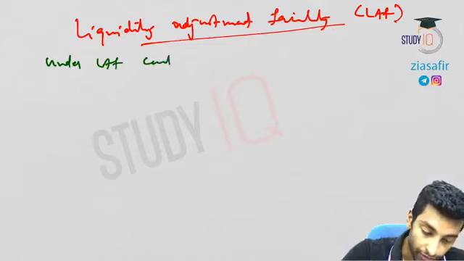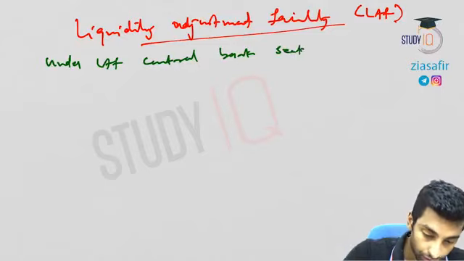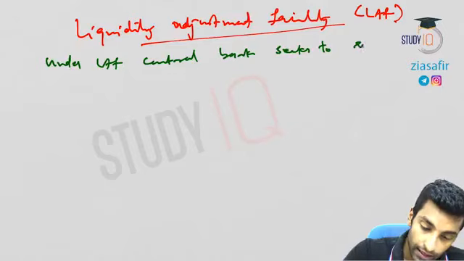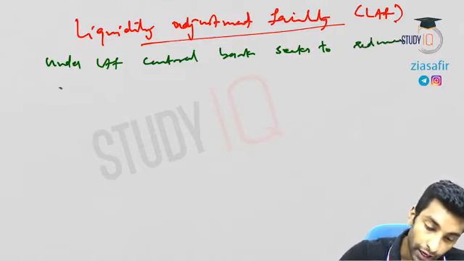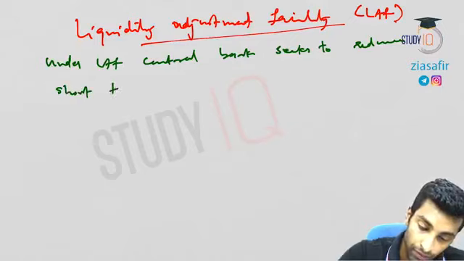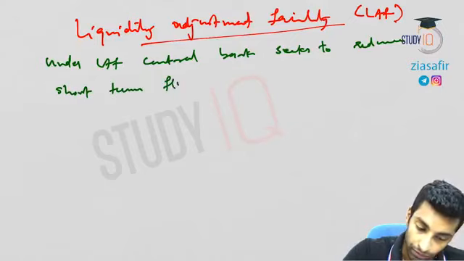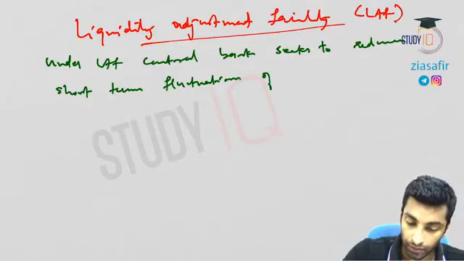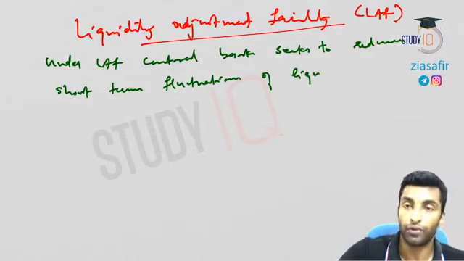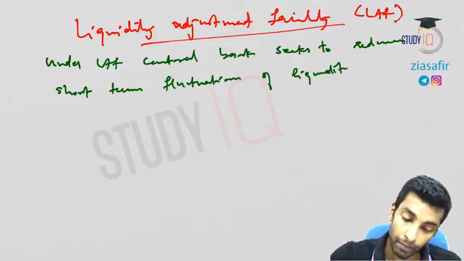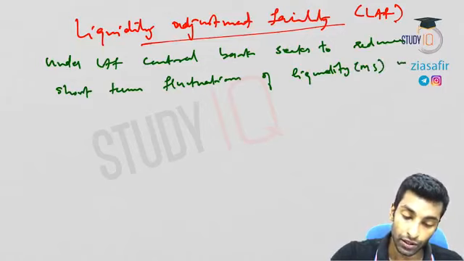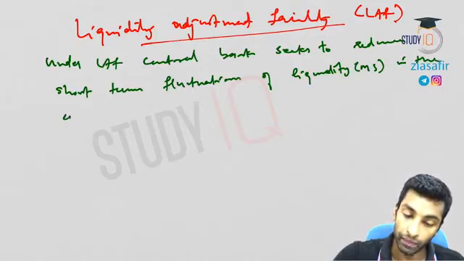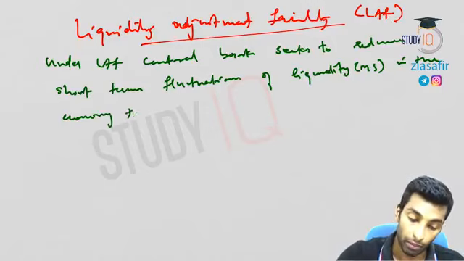Under LAF, the central bank seeks to reduce short-term fluctuations of liquidity, that means money supply, short-term fluctuations of liquidity, that is money supply in the economy,